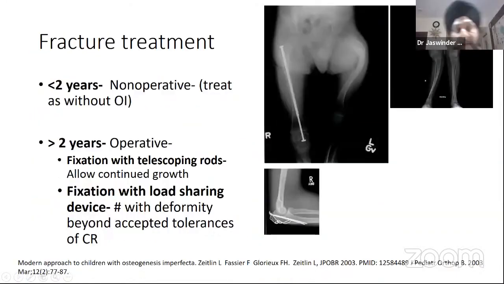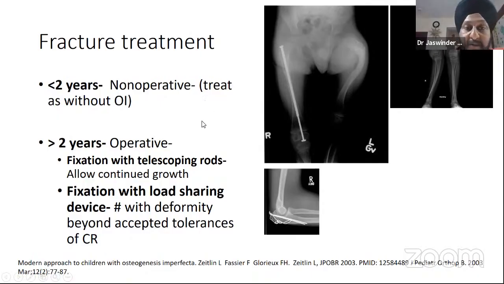So coming to the fracture treatment per se, in less than 2 years of age, if a child presents with a fracture, it is treated non-operatively, as if the child does not have osteogenesis imperfecta. So most of those children will undergo some kind of bracing, immobilization, conservative treatment. In a child greater than 2 years of age, operative treatment is preferable. So it can be done with a telescopic